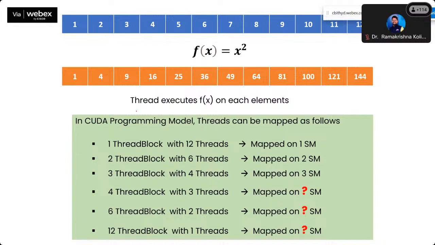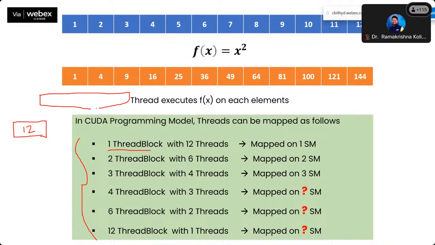First I will see how I can arrange these. These are the possible combinations in the CUDA programming model. I can launch one block, and within this one block I can launch 12 threads. That is one way of doing it. So I am launching one block, and suppose